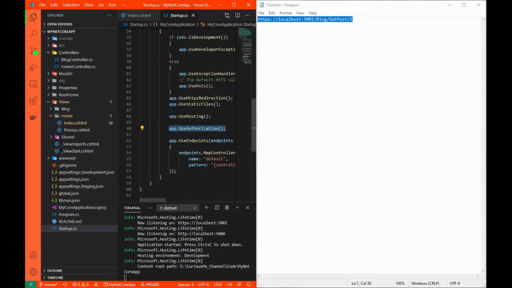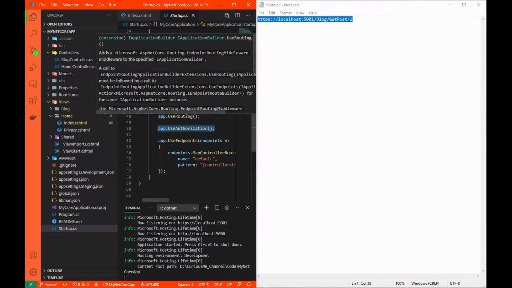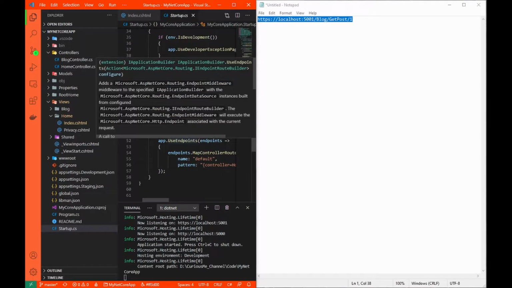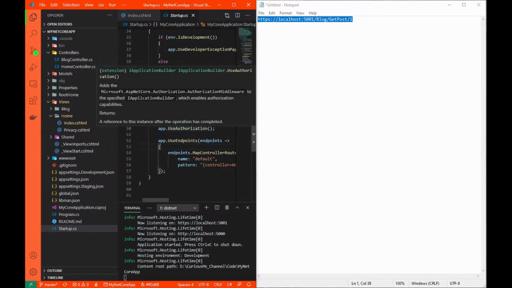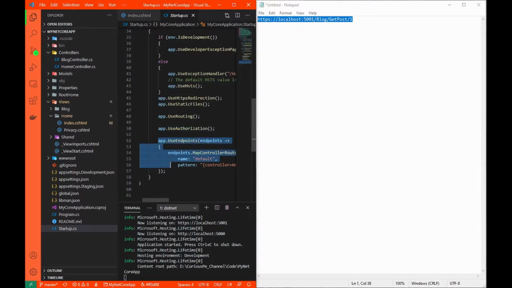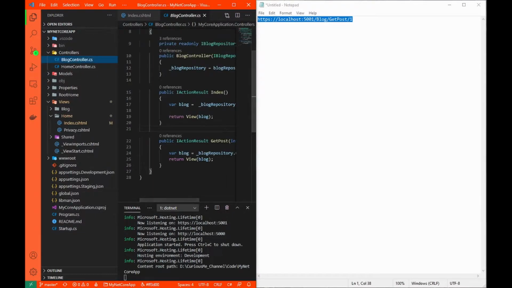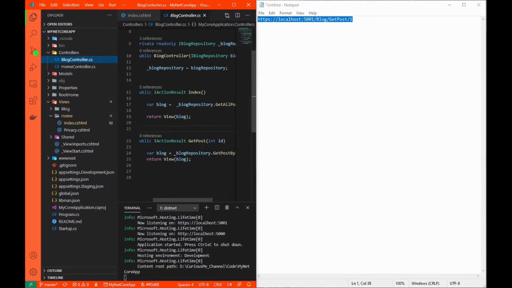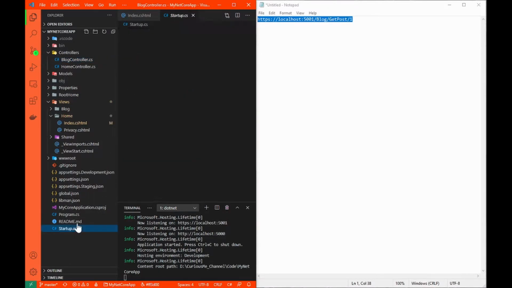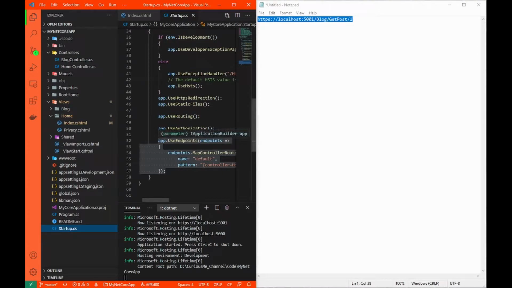Once that is done, authorization takes place, checking whether the user is authorized to go to that route or not. Once this succeeds, the application will come here, and this is where the best matched action, in this case the GetPost action, will get executed and you will get the view. So this is how these two middlewares synchronize and work together.